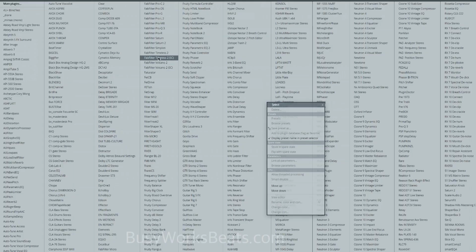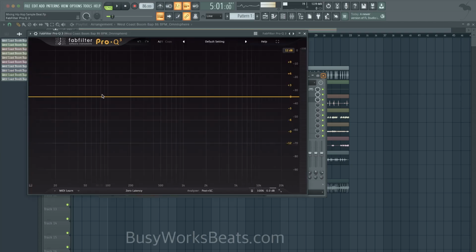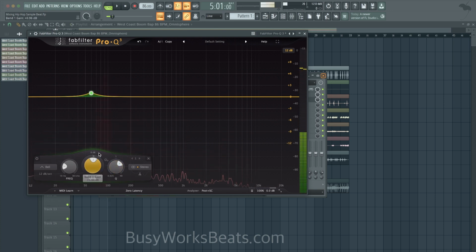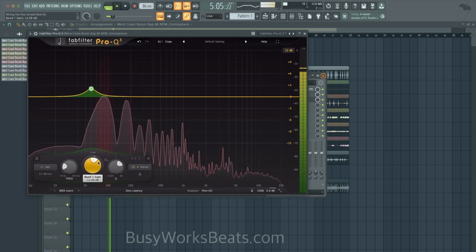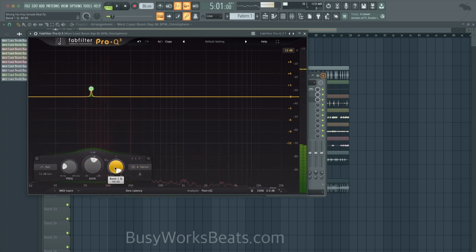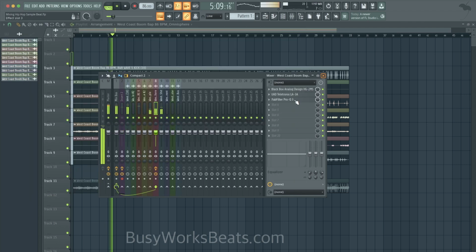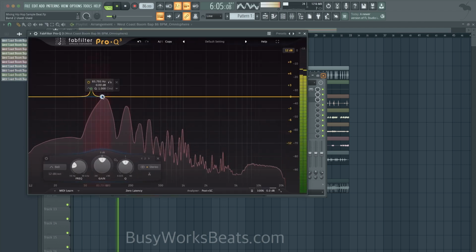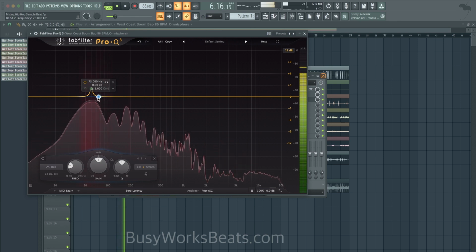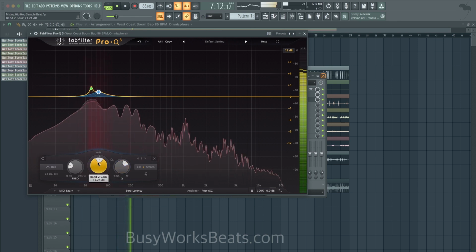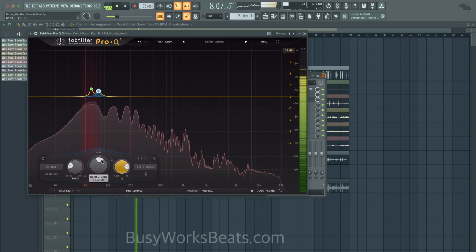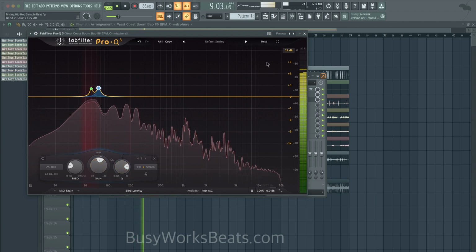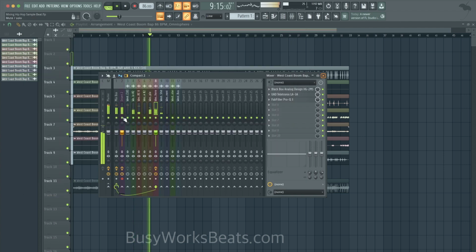Also with this bass, I found that boosting up 60 and 70 hertz really translates. So let's go to 60. It just adds that feeling to the bass. Instead of just hearing the bass, you can feel it. So this is one of my favorite frequencies. And now we can feel the bass.